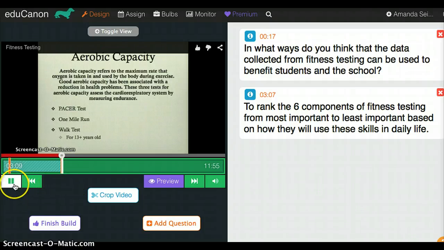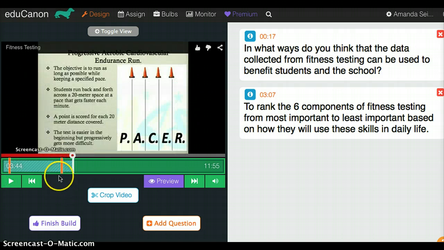First here we have aerobic capacity. So aerobic capacity refers to the maximum rate that